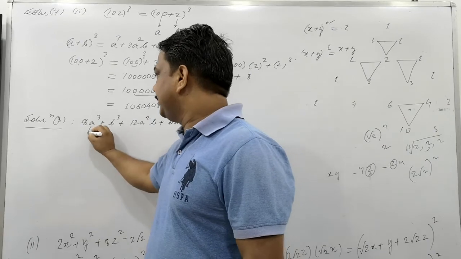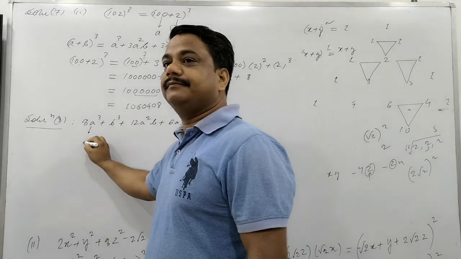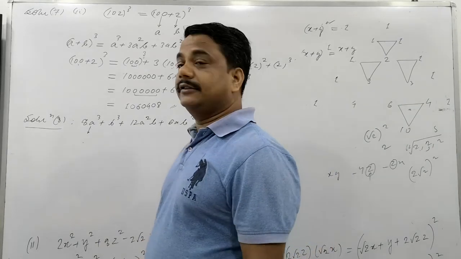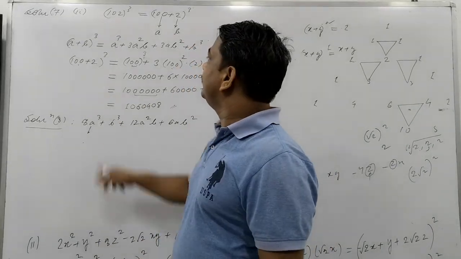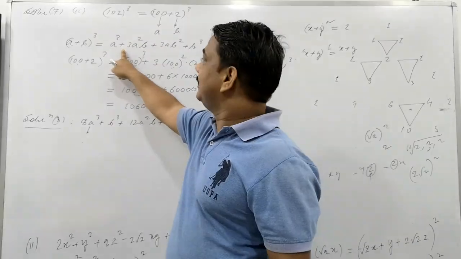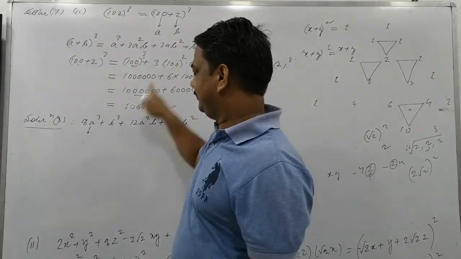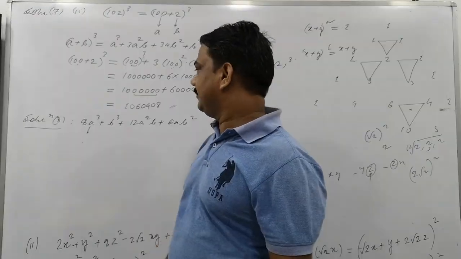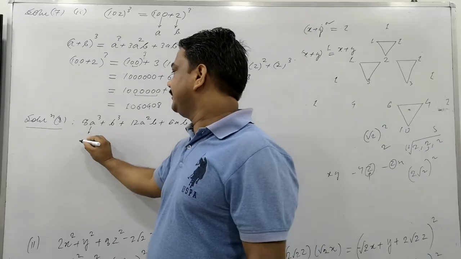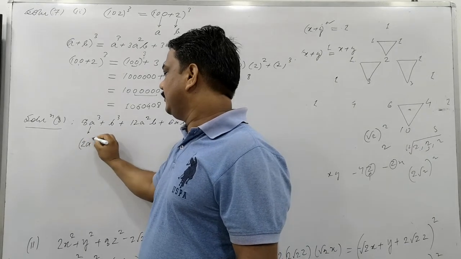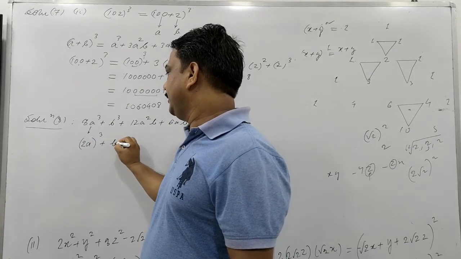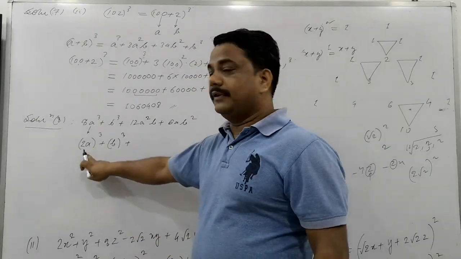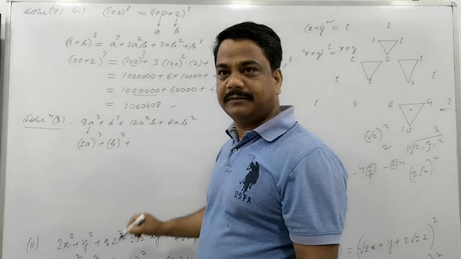Okay, so this can be written the same way as we have written here, but there is a square also, nothing else. So the cube pattern is there, the identity I told you. The same identity: one term cube, second term cube. Two terms have a cube coming here, and the other terms have a square. So in that place, what can you write? Twice a whole cube, and here b whole cube. Can we write this out? First term cube, second term cube. What does the next term come as here?